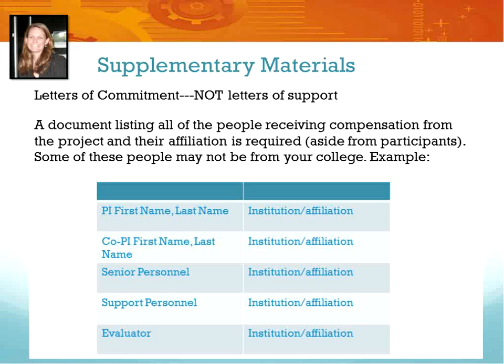One of the supplemental materials that are required by the ATE program is a document that lists all of the known people that are receiving compensation from the grant and their affiliation. So an example of that is listed right here on the slide. You'll just need to prepare a listing of the people receiving compensation from the project, both inside and outside your institution, and their affiliation. You don't need to list how much money. You just need to list who and who they're with, and upload that as one